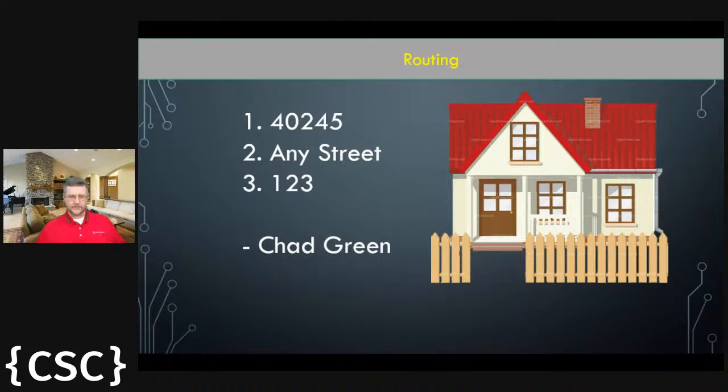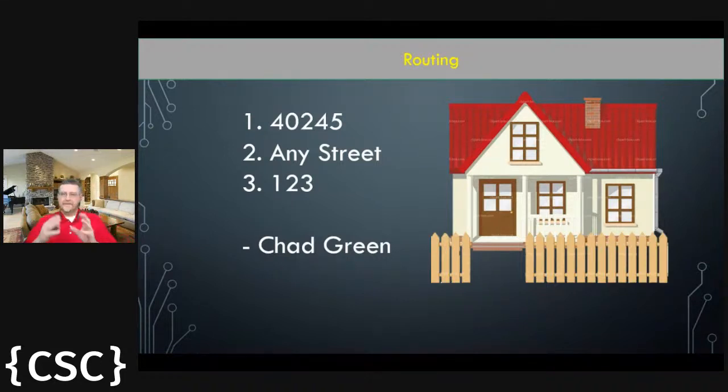Now, once it has arrived, that post office is handling it and looking at the next piece. It's looking at that street level, that NE Street. All right, make sure it gets onto the right truck that's going to deliver those. Then it goes to 123, so it knows the right house. Okay, now it's addressed to Chad Green, going to house number 123. But the mail stops at the door because the mail person does not bring the mail into the house and deliver it to the person specifically. It brings it to a border.